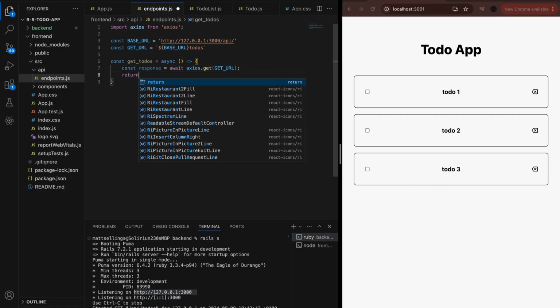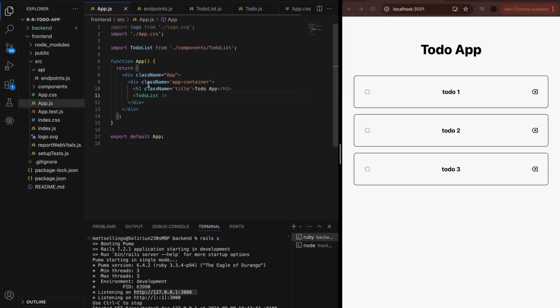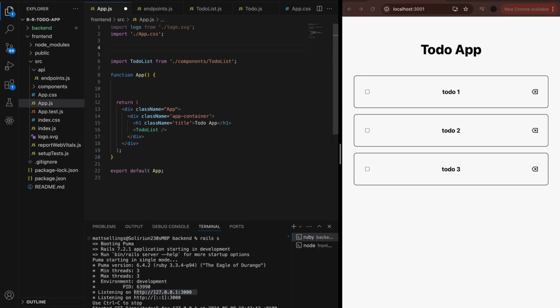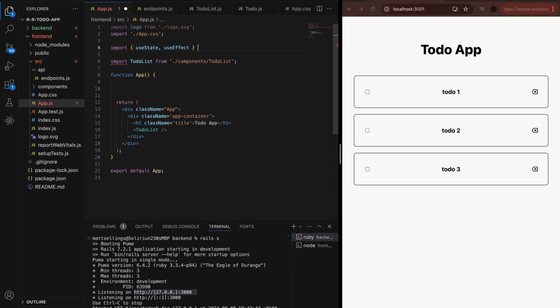Now we want to actually return our response data. So we just go return response data. We need to make sure we can export this so we can grab it from our app. So in our app function, we're going to be actually setting the list of our to-dos, and we're going to use something called React hooks to do that. So we import two hooks called useState and useEffect from React,